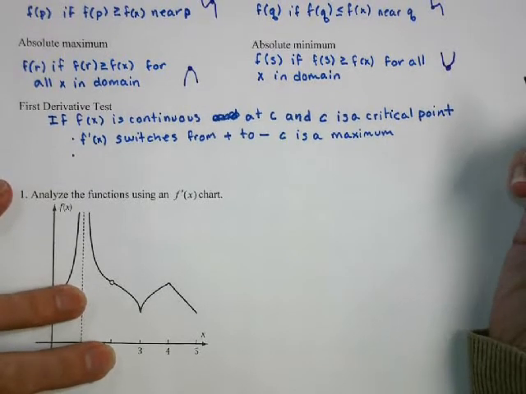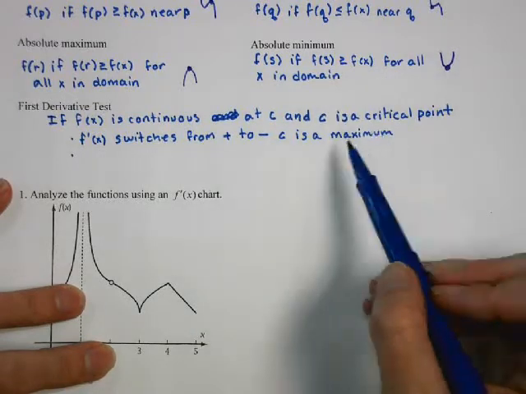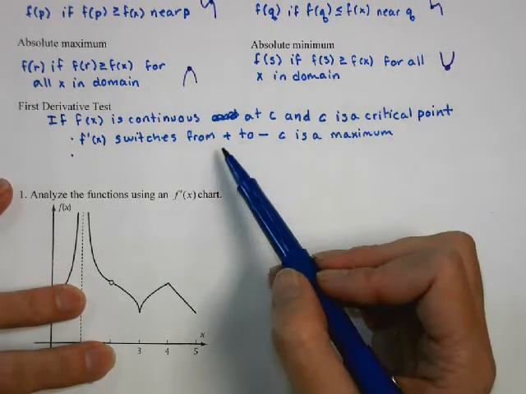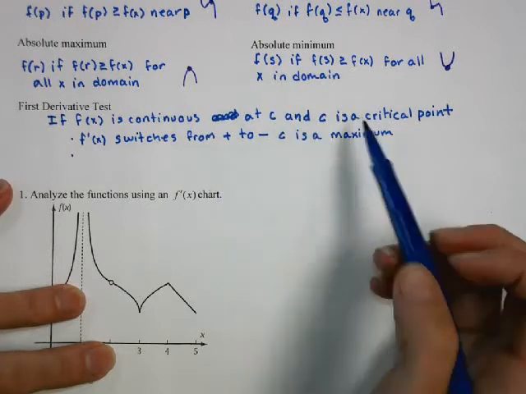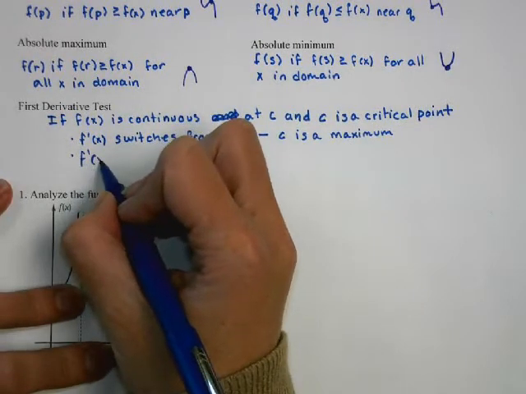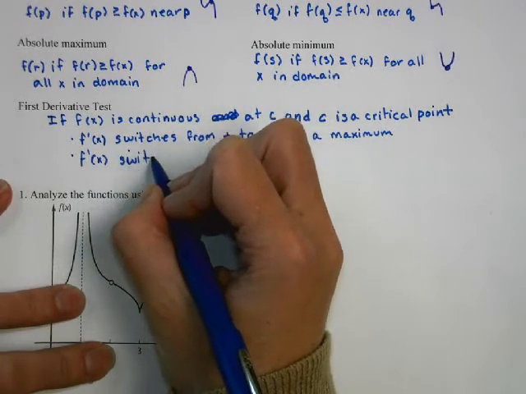Typically, we'll just call it a local maximum because we don't have more information, but it could also be absolute. But what we know is it is a maximum if it goes from increasing to decreasing, and c is a critical point. On the flip side of that, if f prime switches from